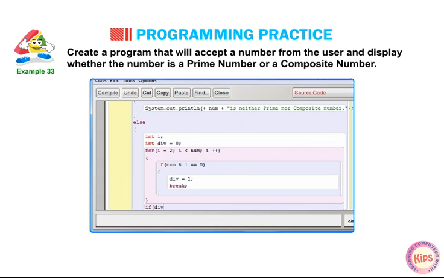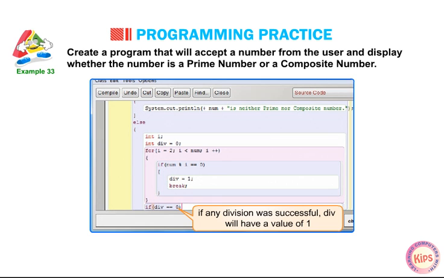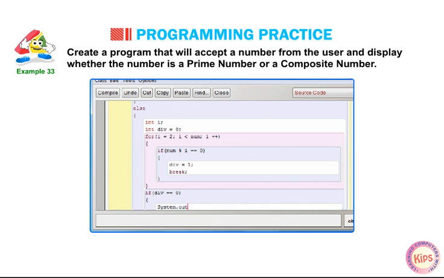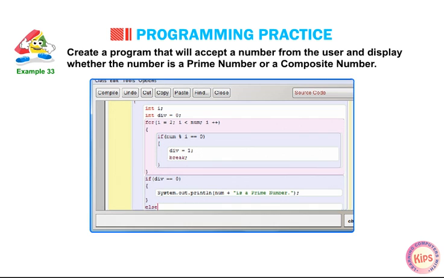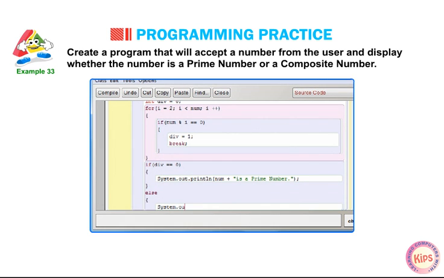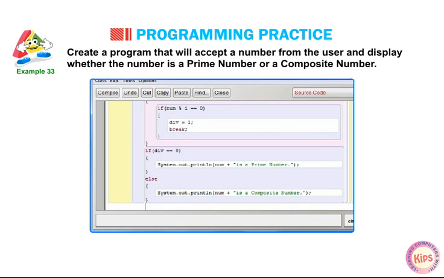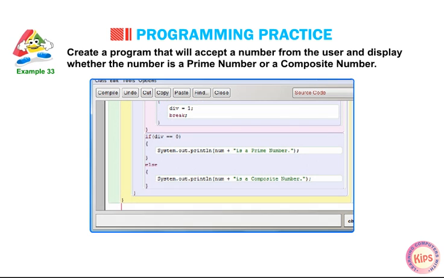if (div == 0) — if any division was successful, div will have a value of 1. { System.out.println(number + " is a prime number."); } else { System.out.println(number + " is a composite number."); } } } } }